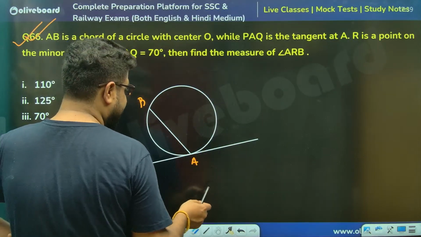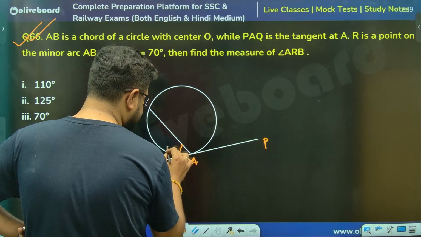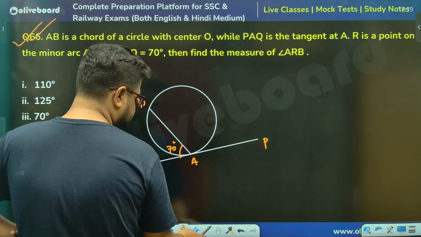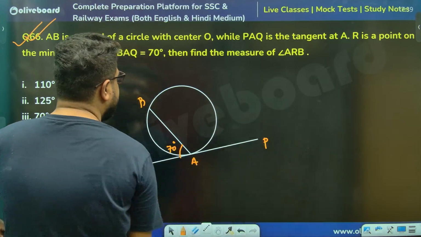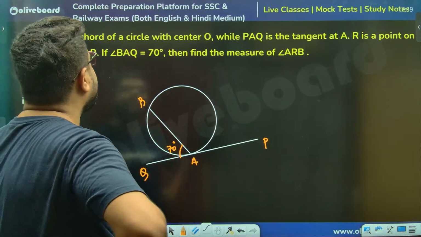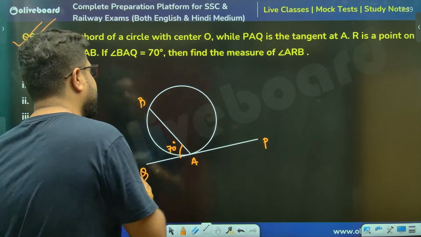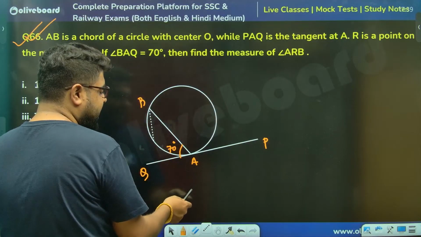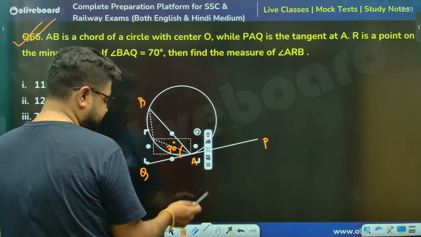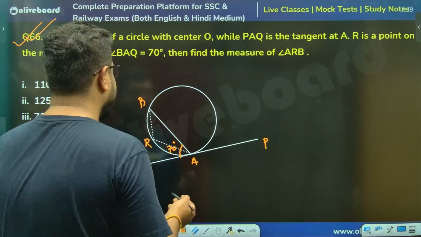Acha, BAQ. Now you can write this Q as B. No worries. So this is 70 degrees. And what they have told you, minor arc में एक point है. अच्छा, still it will be this side only ना, minor arc बताया है. अरे सर, so the picture will not be that good. क्या ही करे सर. Because minor arc बताया तो वो छोटा सा ही होगा. चलो, no worries. अच्छा सोचे थे, but नहीं होगा सर, क्या करे.